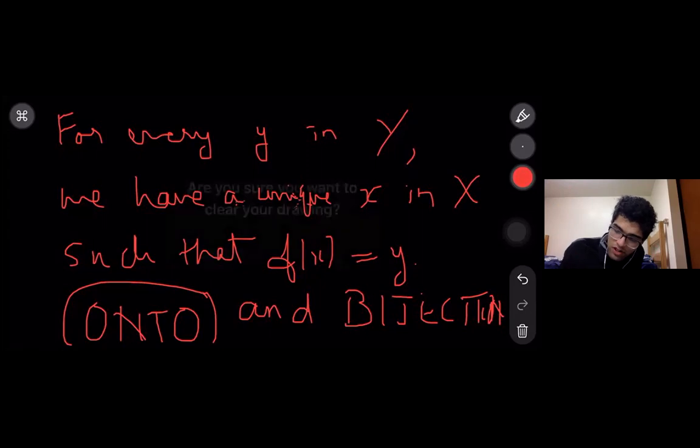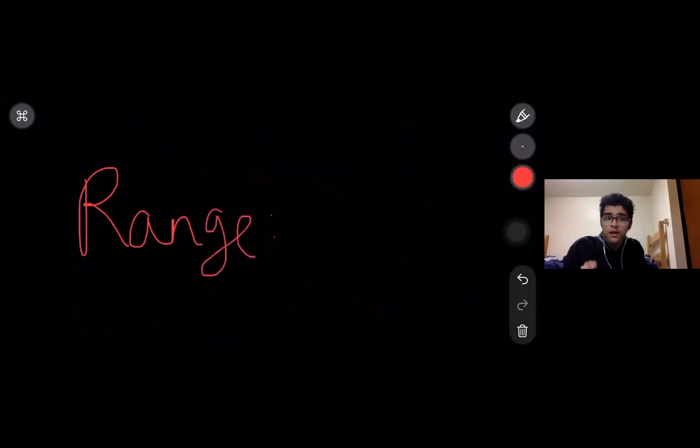So I will use this opportunity to define something which is called range. This is a very important definition. A range is a subset of the codomain. So range is a collection of values, so range is also a set, and it talks only about the codomain. We are not worried about the domain, we are worried about the codomain. Range is the set of values in the codomain such that they have a partner.